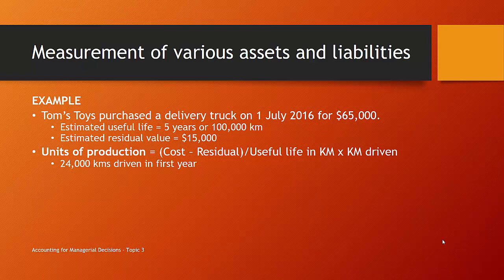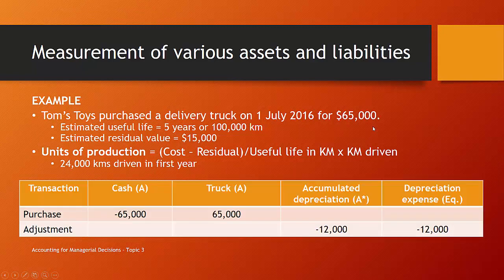The second one, just to show you how these things actually do differ a little bit, is units of production. And in units of production, we have the cost minus a residual. So we still have the depreciable amount. And instead of using useful life in years, we use useful life in kilometers. And then we multiply it by whatever the number of kilometers driven in that particular year is. So if they drive 24,000 kilometers in the first year,